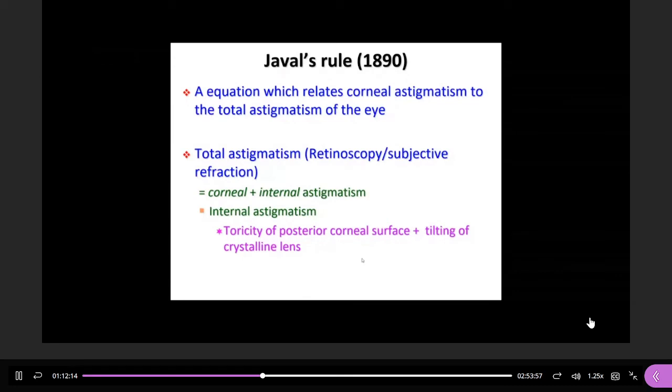So after 100 years of practice, people understand that the corneal astigmatism only accounts for 2/3, that means 60 to 70 percent of the total astigmatism. The rest of it comes from where? The lens, the anterior chamber, the vitreous body, and even